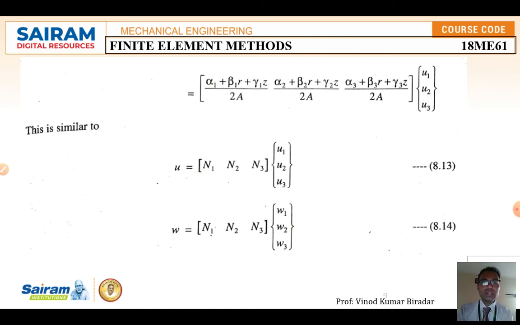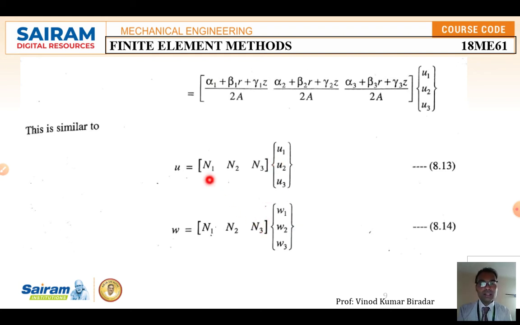is equal to, this value is n1. Okay, so this value is n1 and this is n2, this is n3. Substitute here n1 n2 n3 values, this is n1, this is n2, and this is n3, is equal to u1 u2 u3. Okay, so now similarly w is equal to n1 n2 n3 is equal to w1 w2 w3. This is along x direction, this is along y direction. Okay, so u1 you are going to get w.